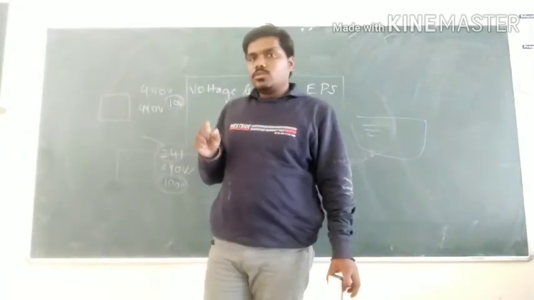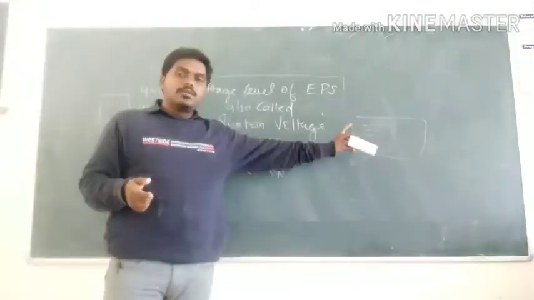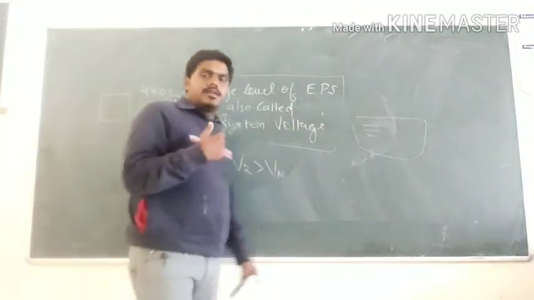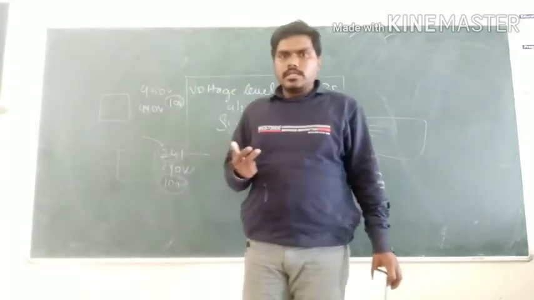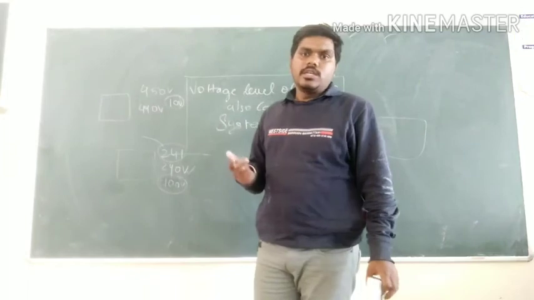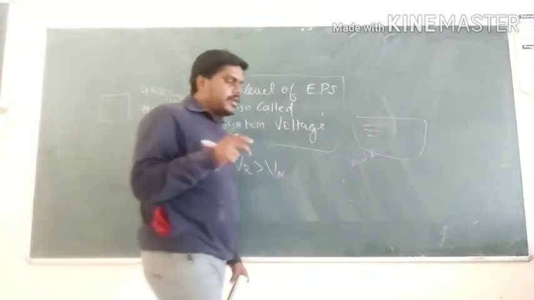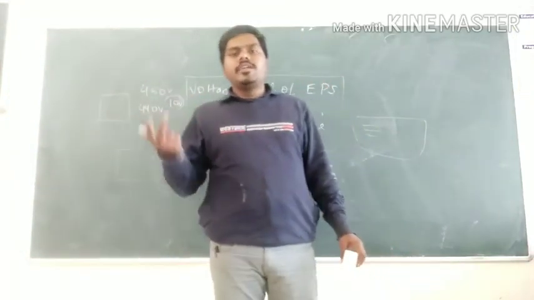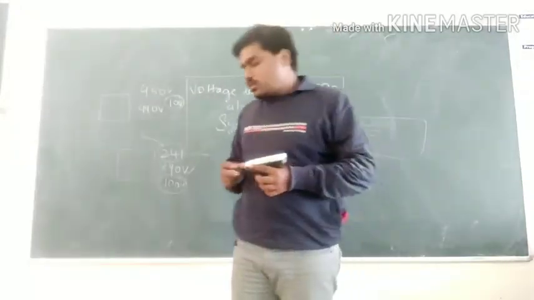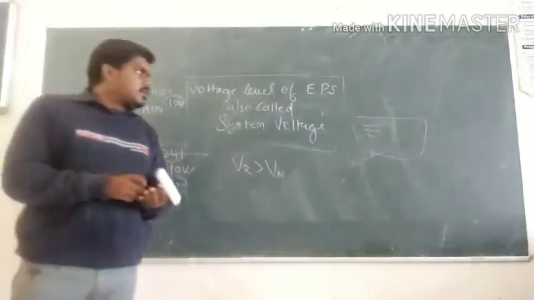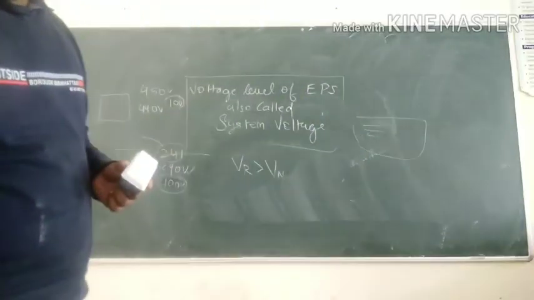The rated value: the designer has designed that motor according to the safety conditions, how the motor can behave at its maximum limits, but it can operate at that limit also. So the designer, at the point of designing any particular machine, keeps in mind how the machine behaves at a very high level. According to that he rates that motor. So this is the nominal voltage and the rated voltage.